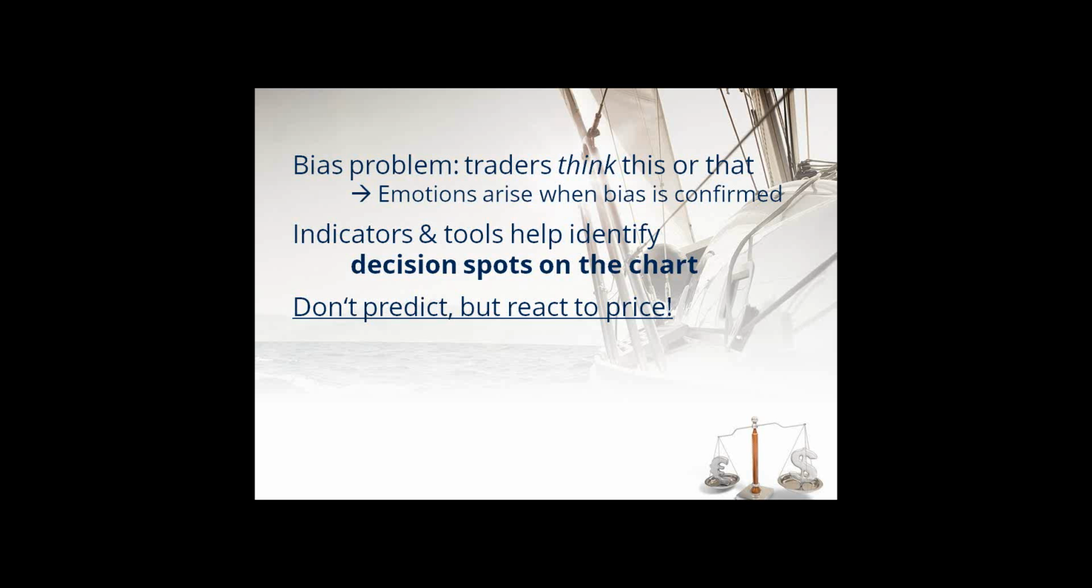So that's the problem. So when you think that something must happen, think again. Nothing has to happen, right? Especially at the beginning, we want to lower the bias. We want to remove our ego. We want to remove the bias out of the equation. So we want to use indicators, I think, and tools to identify decision spots on the chart